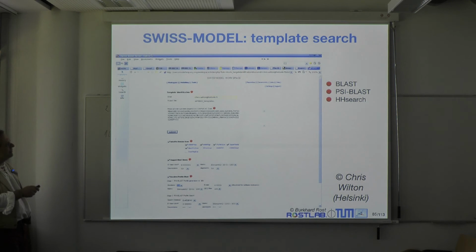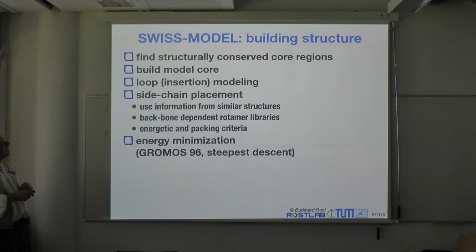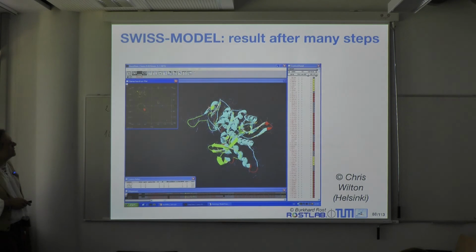There is a version where you can have pre-computed comparative models for everything. But then when you come with your own sequence, you suddenly face a web page where you have to choose a lot of parameters. You see secondary structure, you see sequences, you see families. You can use all of that to steer the way you go on. You have a loop modeling module, a core module, sidechain placement models, and energy minimization. In this particular case from GROMOS, steepest descent is similar to what Modeler does, but in detail slightly different. And you have a visual interface that looks like this,